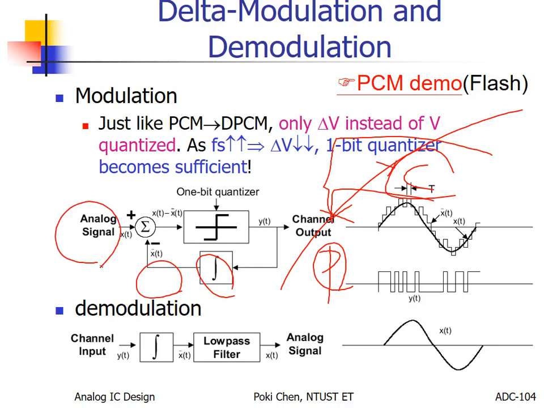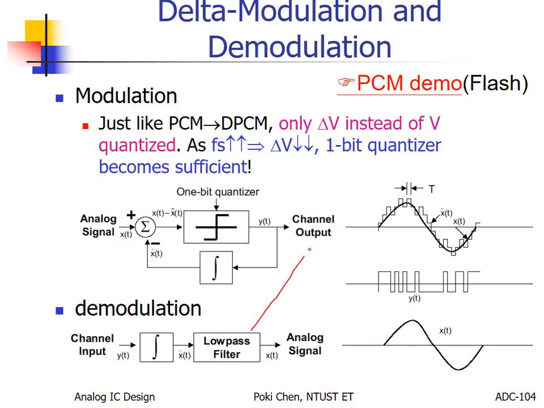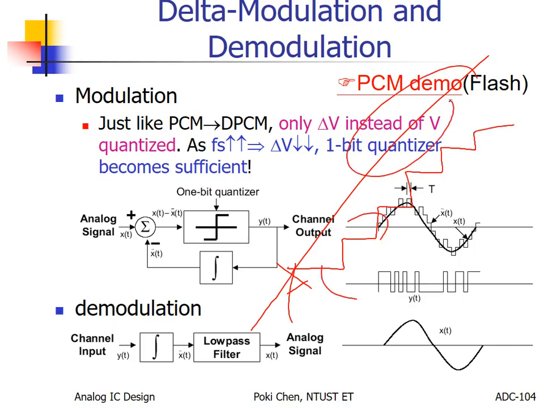Okay, so maybe you will be curious, hey, if I increase very much, just like this, so that is the current one, and then, right? Oh, you cannot catch up with this, right? This is the input. So how to make it increase the sampling rate? If you cannot catch up with that, because that is the previous sample, and this is the current sample, then,